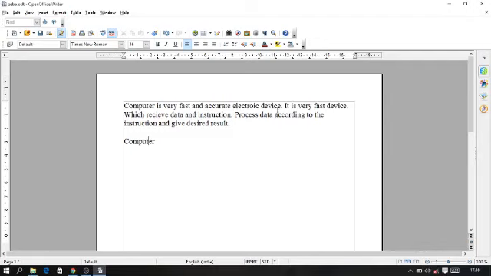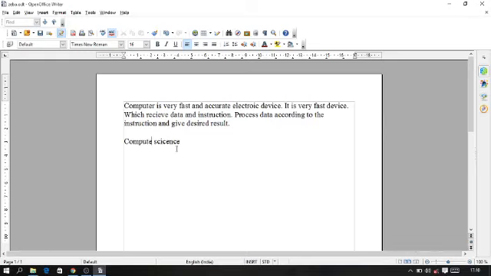If you want to delete only one character at a time, then you can use the backspace key or the delete key, depending upon the position of the insertion point. For example, my insertion point is here in between computer and science. As I press the backspace key, the alphabet R will be deleted. Backspace key is used to delete one character towards the left-hand side of the insertion point.